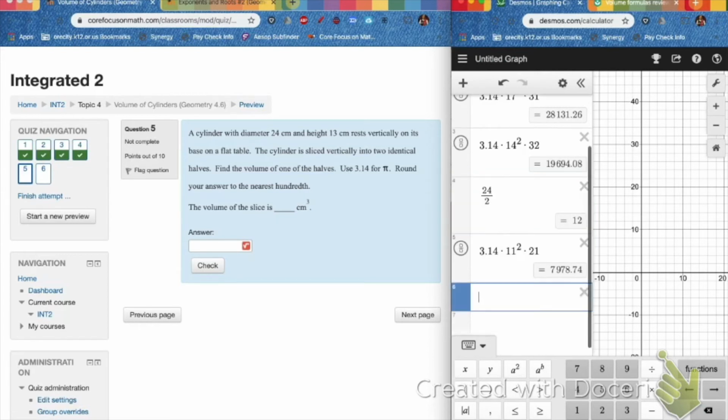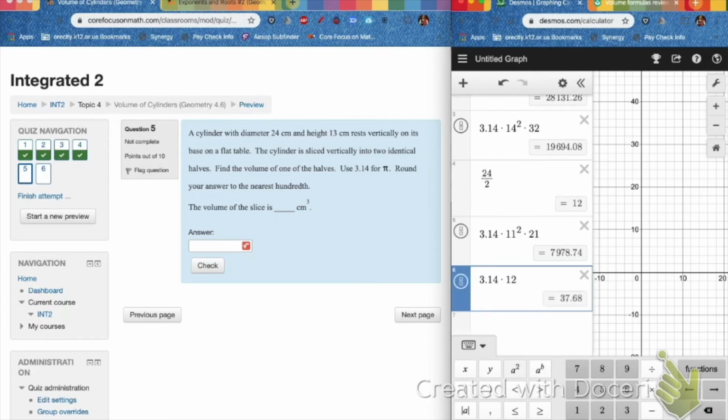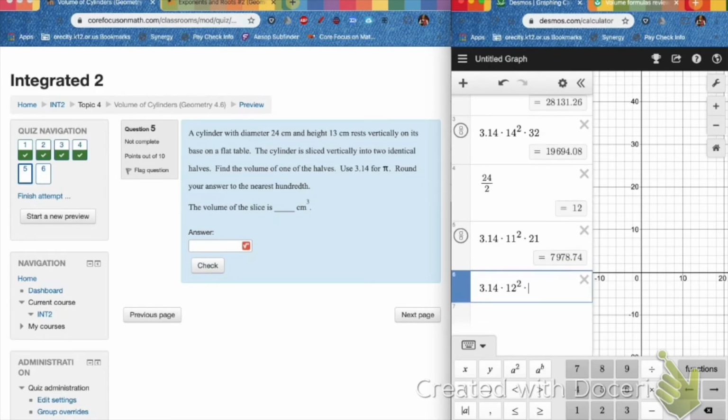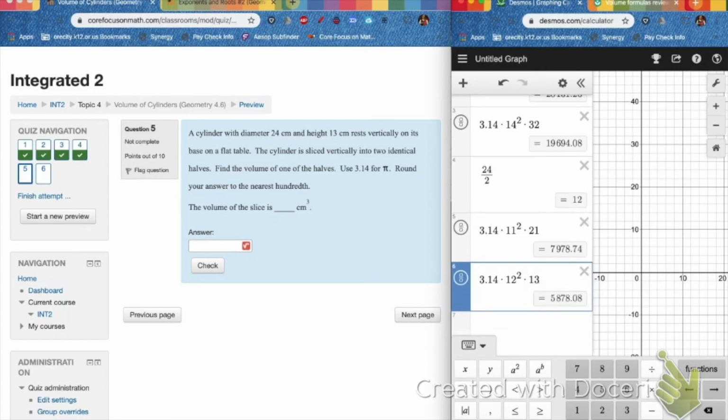Okay, so I've still got my pi as 3.14. And I'm going to still multiply that times not my diameter, but my radius, which I divided and found was 12 once I divided it by 2. Times the height of 13. But I'm not done, because I have to divide this now by 2. And remember,